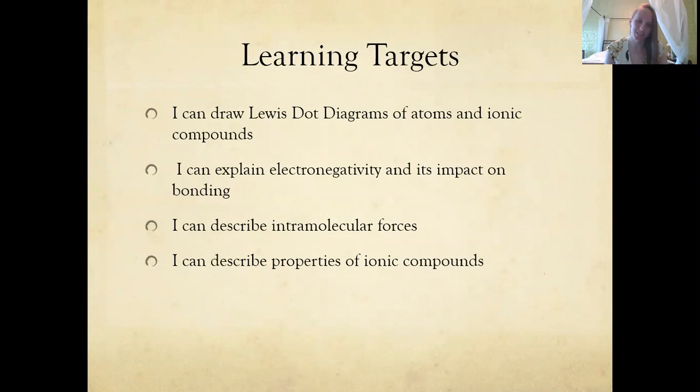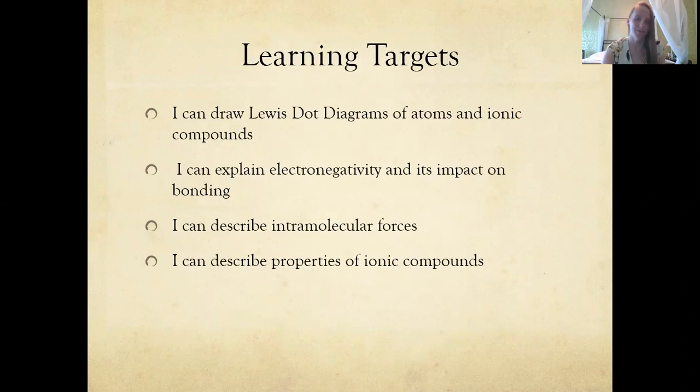So for this, you do need to know how to draw the Lewis dot diagrams of both atoms and ionic compounds. You also need to know how the bonding of ionic compounds and other compounds in general is affected by electronegativity. You should also know the pattern of electronegativity on the periodic table. Then we're going to go over different types of intramolecular forces and then finish off with going over the properties